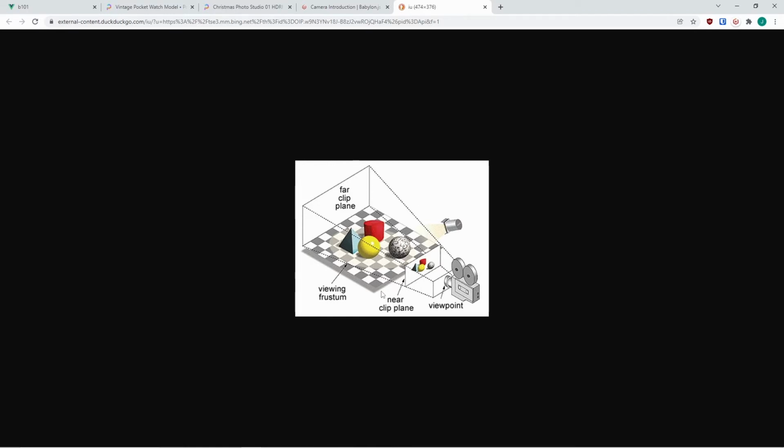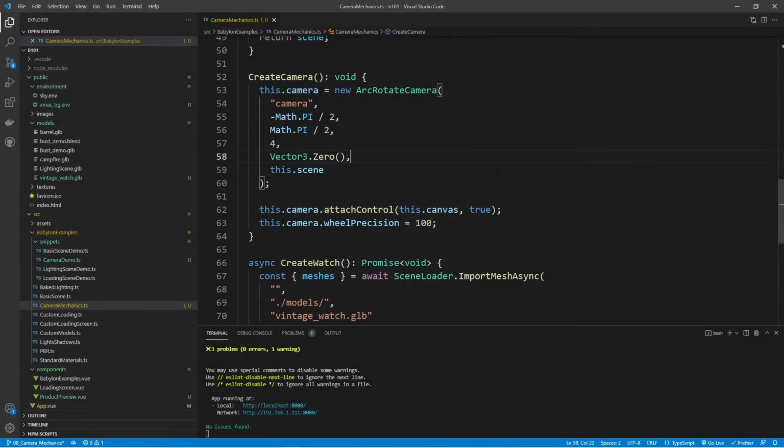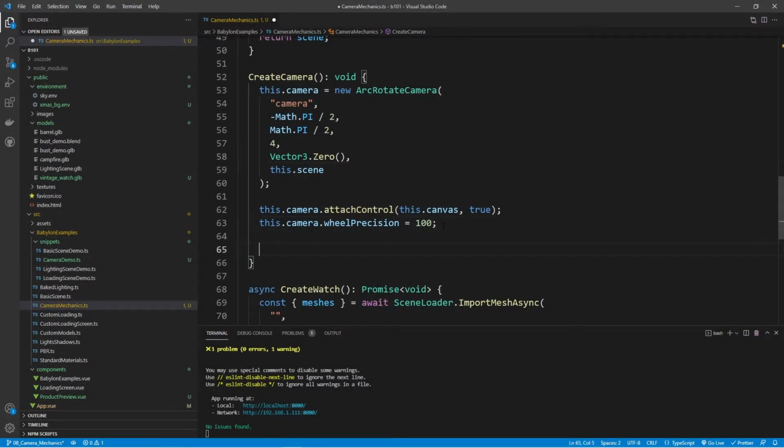So if you have a lot of small objects that will appear close to the camera, now more of those objects can be rendered because of the clipping plane that you adjusted. Let's go back into our code and modify the value that we're using for the near clipping plane. Going back into the create camera method, again below the camera wheel precision, we're going to add in the min